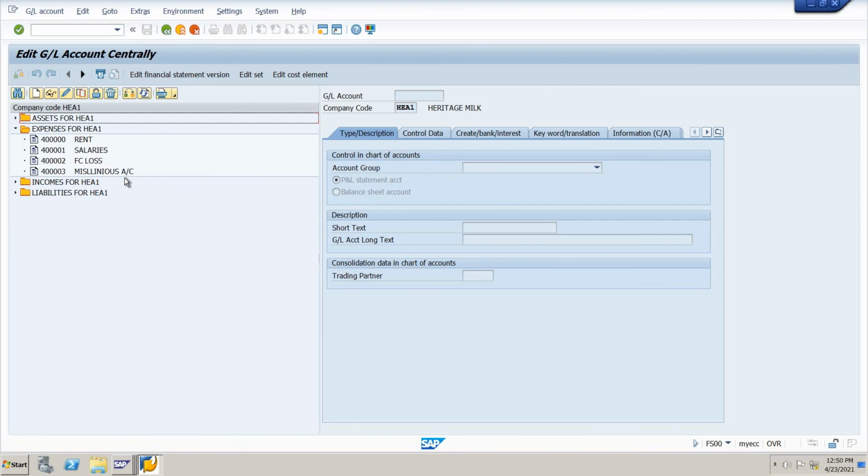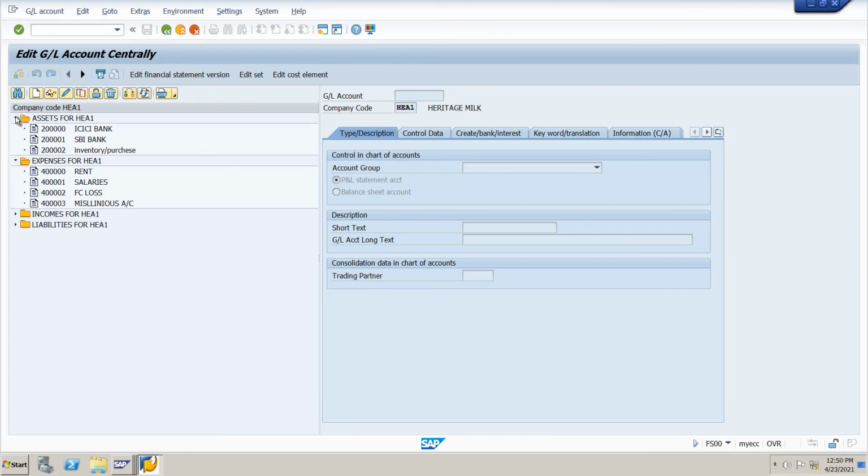Here it is. The miscellaneous expenses account has been created as a GL account under the 4003 account. This account number 40003. This way we have to create the GL accounts. This is the first step for the general ledger, creation of the general ledger accounts master data.